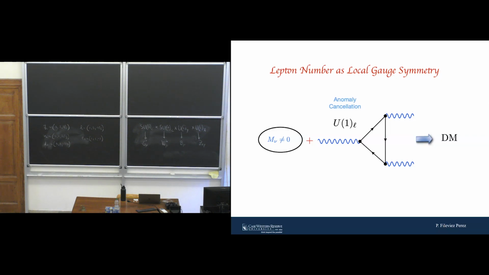Now, I will not give you all the details, but basically, something surprising happened: if you want a mechanism for neutrinos, and you want to have an anomaly-free U(1) lepton number theory, you find in the different solutions that there is always a fermion there for anomaly cancellation that is stable and doesn't have electric charge